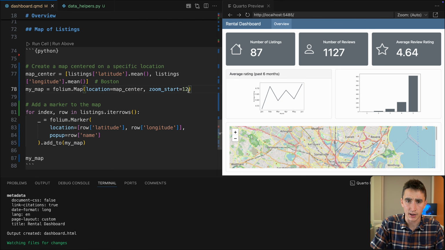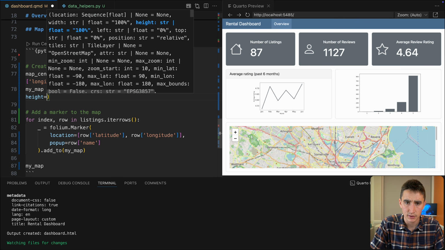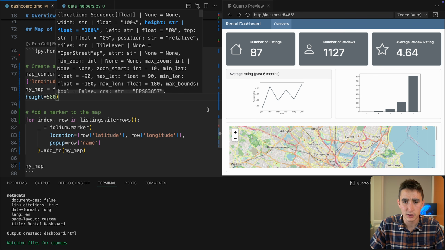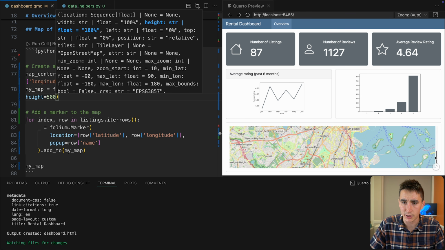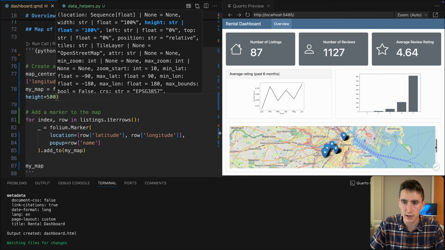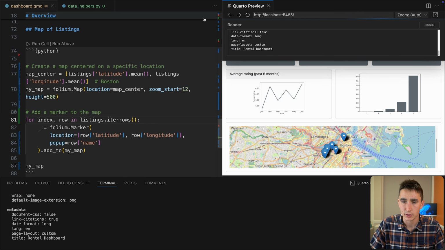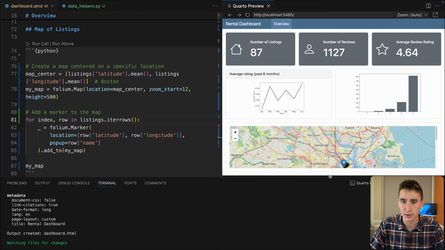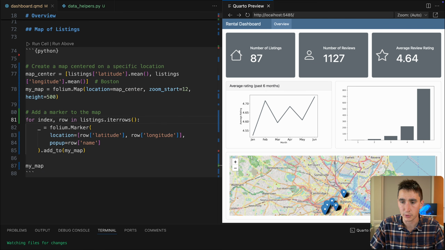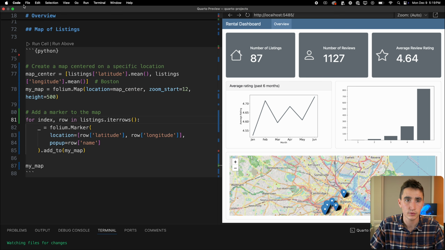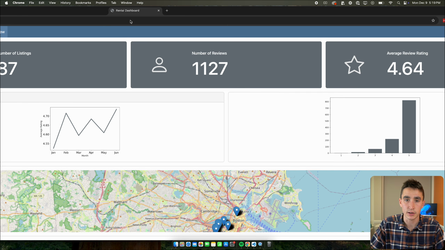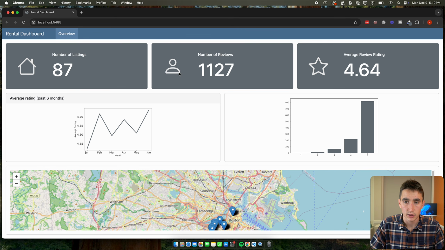I also can add a height here, which is, I think, a pixel value. Because right now, if we scroll down, we see that this is like this random height. If I specify a height more explicitly, it will help kind of center things. So we actually see what we expect to on our screen. If I pop this open, pull this in, we have our information. Again, I maybe make these things a little bit bigger, the labels and whatnot, but